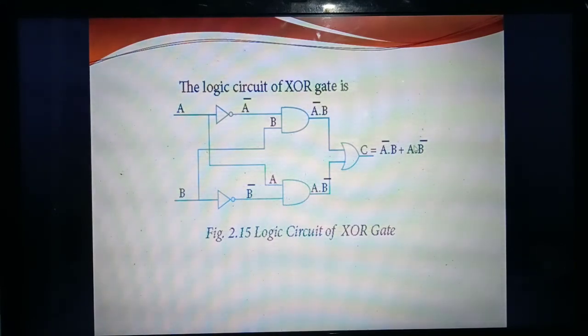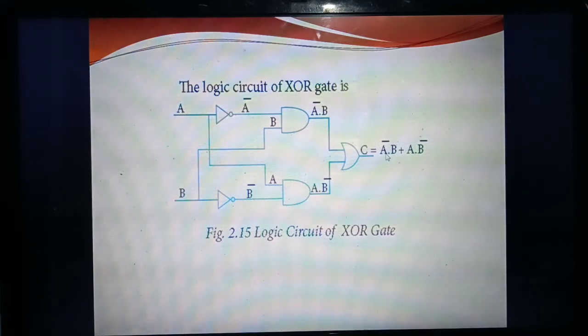So here, in this output you need to get A bar as well as B bar. So what's the possibility of getting A bar and B bar? You need to invert the signal. So which gate is used to invert the signal? NOT gate. Isn't it? So listen carefully. See this symbol. A is inverted using which gate? NOT gate. So what output will you get? A bar. This line means A bar. Next B bar. You are giving the input signal B, and it is inverted. So what output do you get? B bar. Understand? So A bar is there, B bar is there.